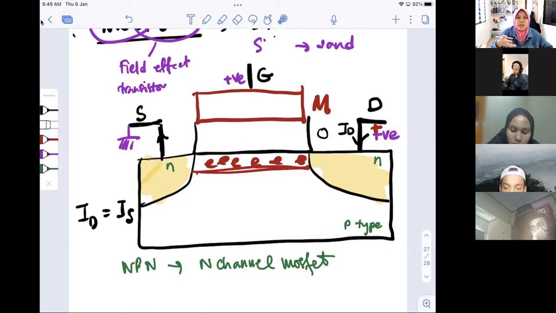In MOSFET, normally the analogy I will say the electrons are like cars. Tadi saya cerita pasal kereta and cars. So you are driving in like one lane becomes two lanes, then you can have more carriers going through per unit time. The other thing is carriers are like a car. The drain voltage is like the gas that you